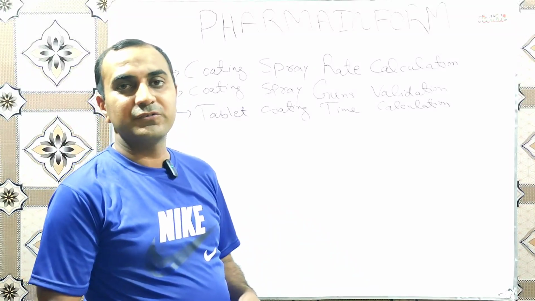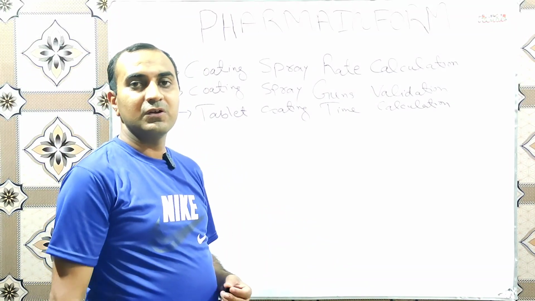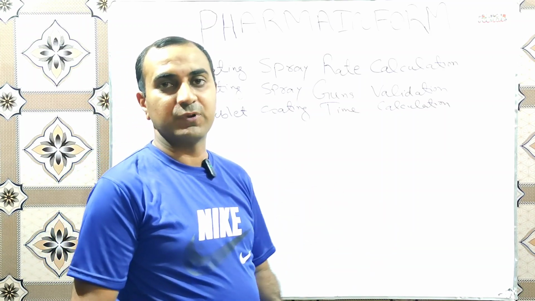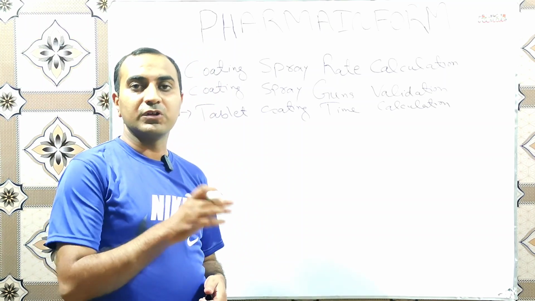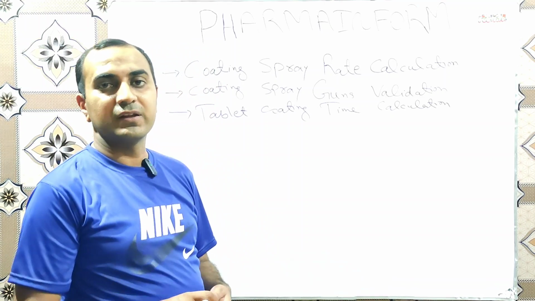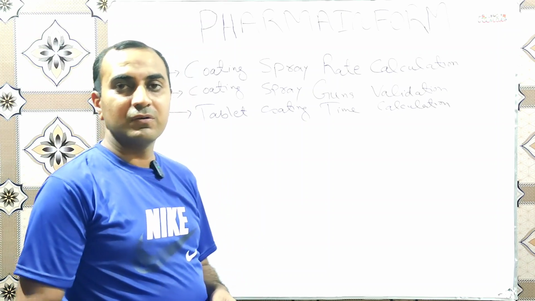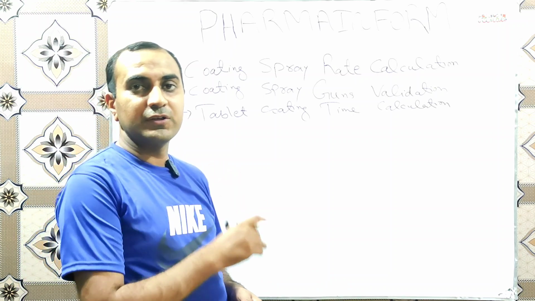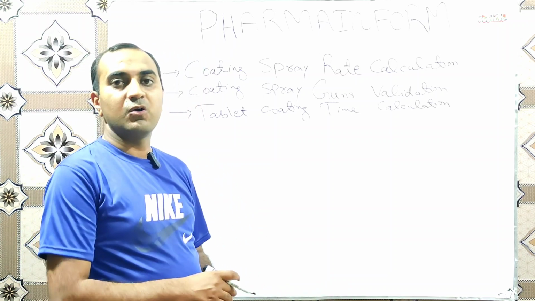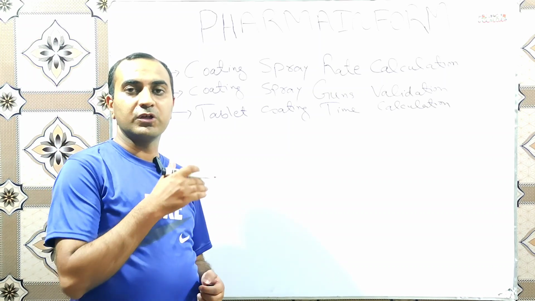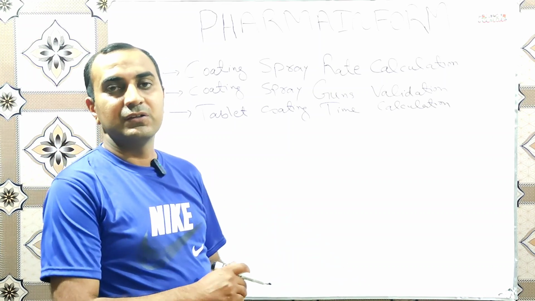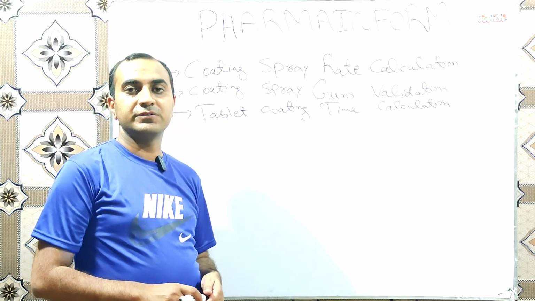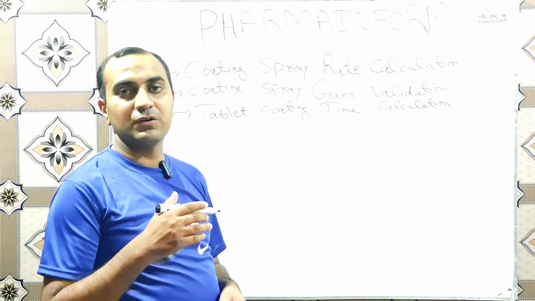How we can calculate spray rate for coating guns for a specific coating solution, or how we can validate our spray guns for a specific coating suspension, and how we can calculate the total number of hours required for a specific quantity of the coating solution, meaning how we can fix and validate coating time for our batch. These are the most commonly asked questions, and most of the professionals working in pharmaceutical industries are not aware of